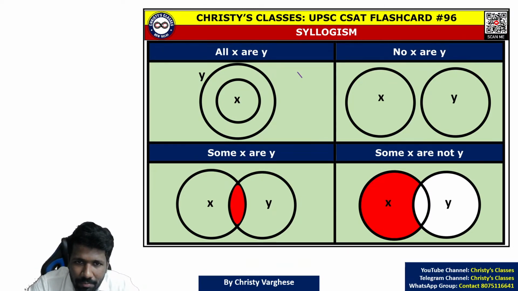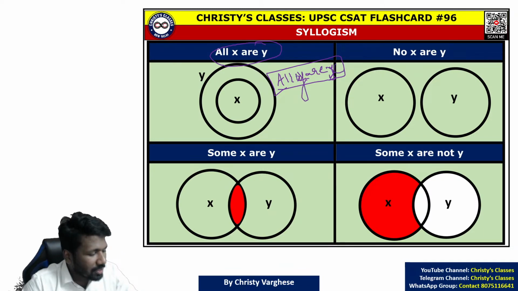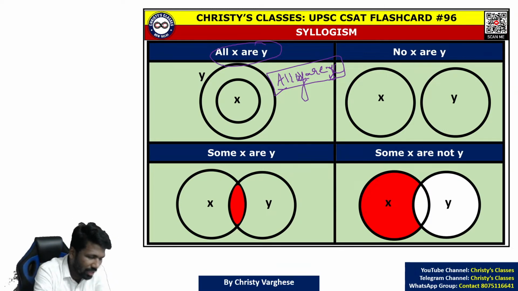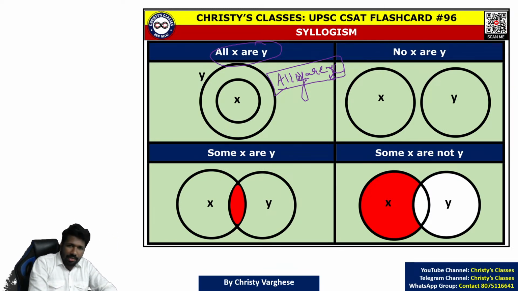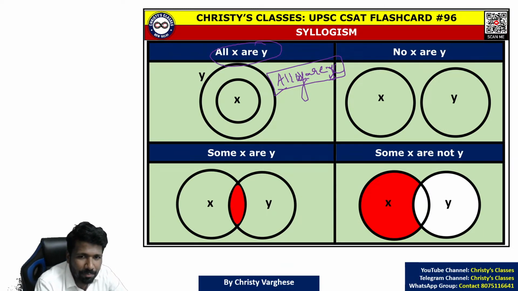So now let me tell you a few things. All x are y, does that mean all y are x? All of you respond, those of you watching me live or recorded, you can respond. What do you think? All x are y, does that mean all y are x? Even if in the question there can be absurd statements that cannot be related to real life, to understand this concept you can take real life examples. All humans are mammals. Does that mean all mammals are humans? No, right? Geometry, one example I will tell you. All squares are rectangles. That does not mean all rectangles are squares. Are you getting the point?